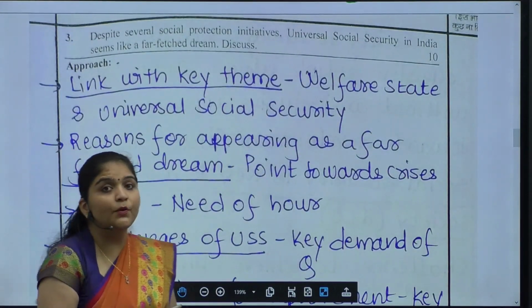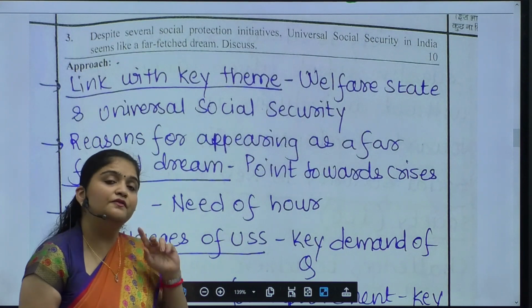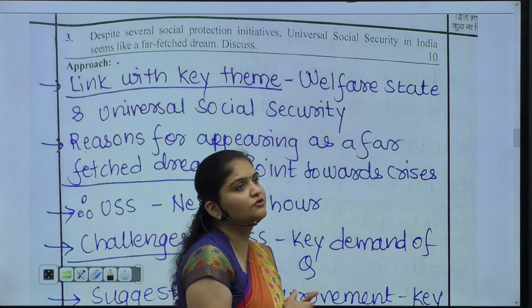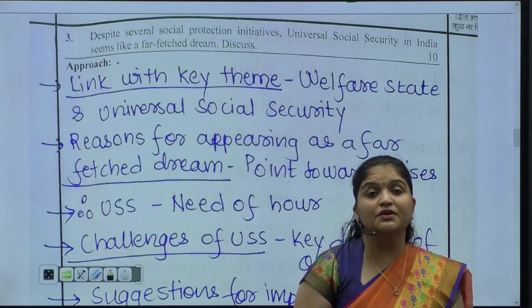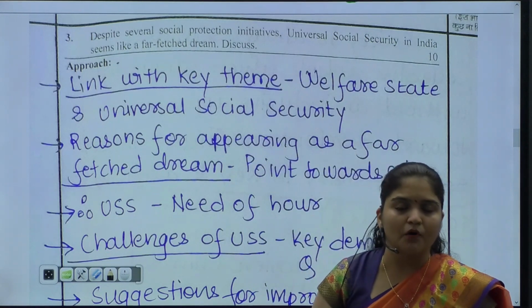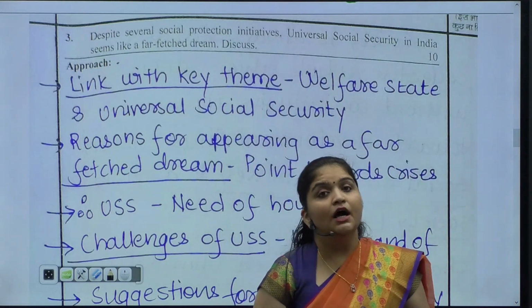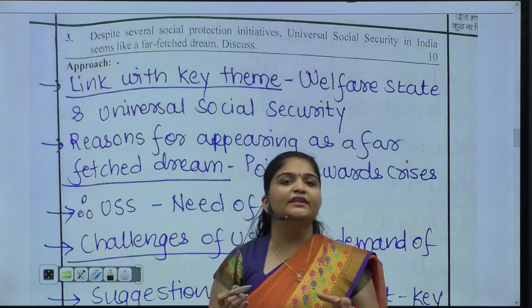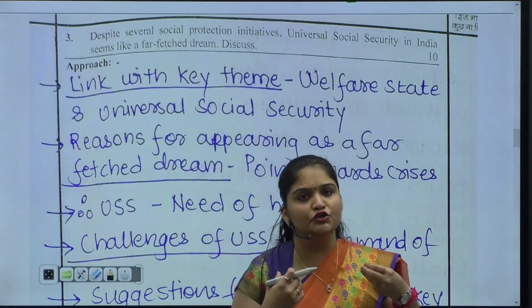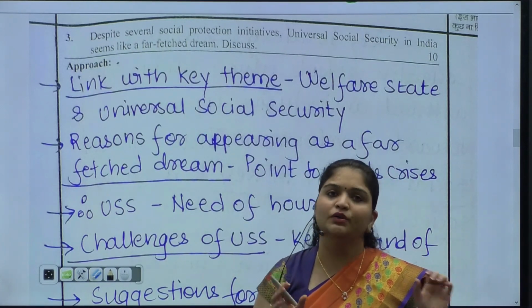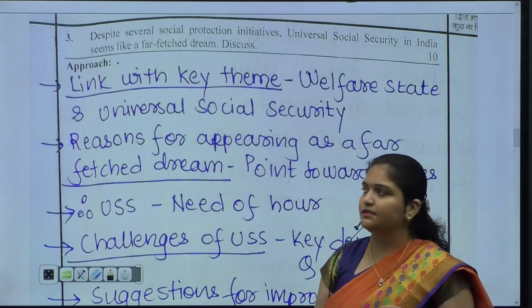So how we use political science in the third question. In the first question, we realized how we can use our pol science knowledge. Second question, how we can be innovative, how we can draw better flow charts, how grand strategy of the government can be used as the first introduction and then coming directly to what has been asked, okay?